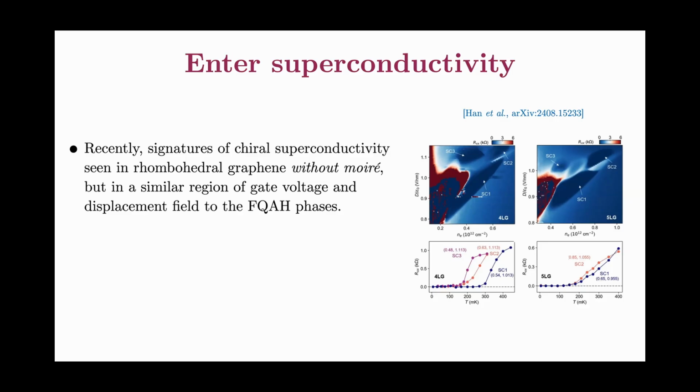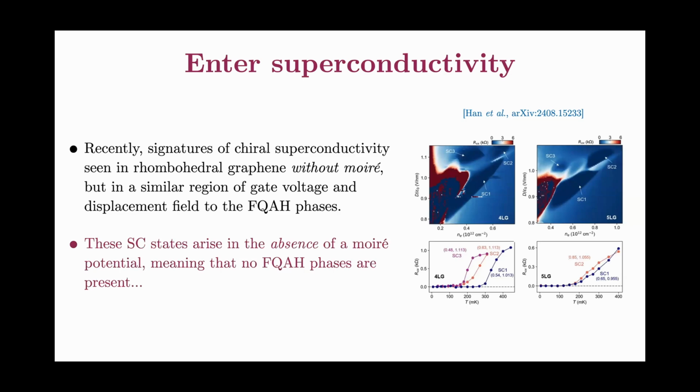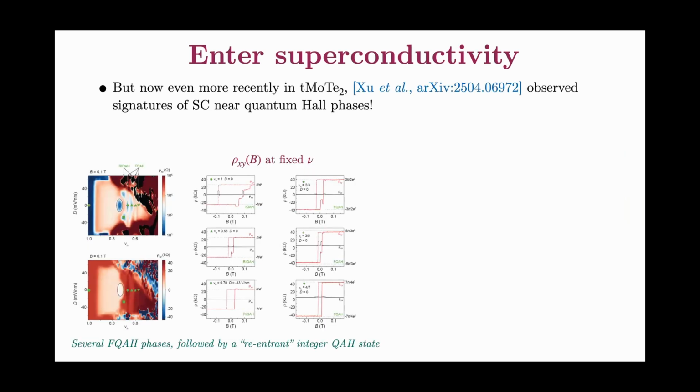Okay. And this led to inspiration for many theorists of, oh, wow, what if we could actually have a material system where superconductivity and fractional quantum Hall could be realized in the same phase diagram where you could just tune between them, okay? And really remarkably, soon after those measurements, probably it was September of 2024 or something, and then